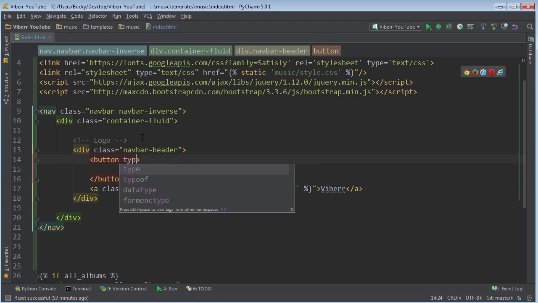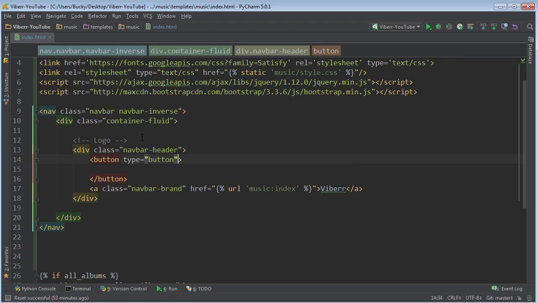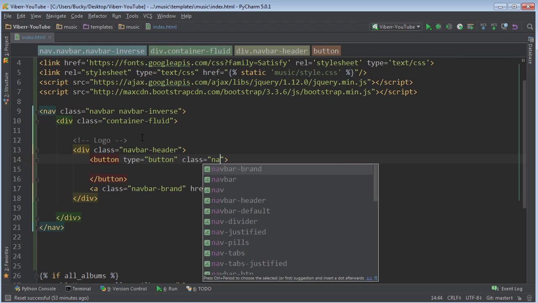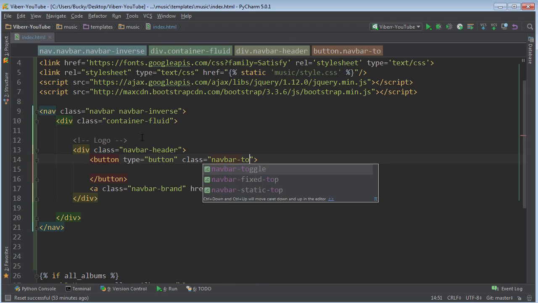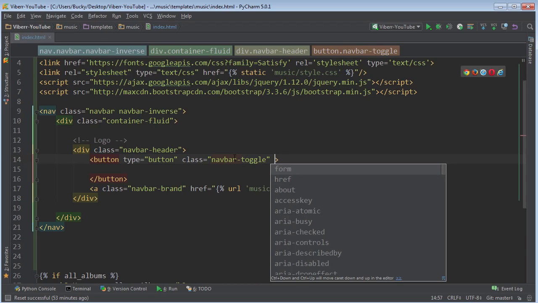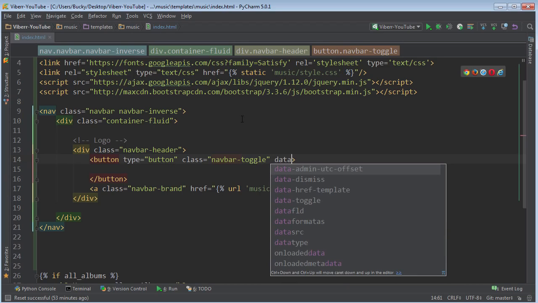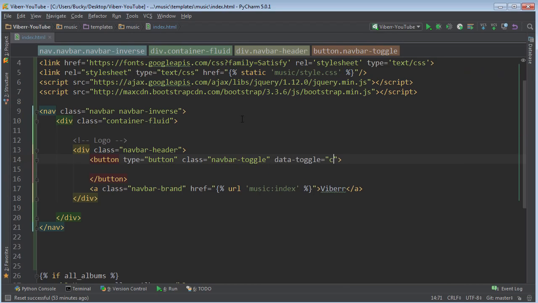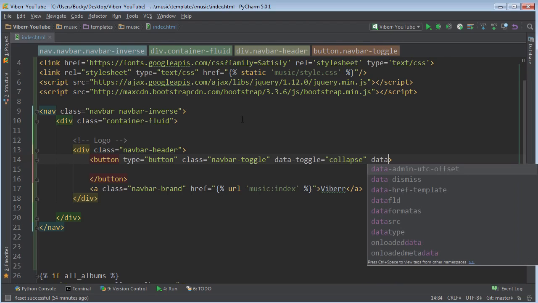So this button is just going to be a type button. Who would have guessed? And the class for this is actually navbar toggle. Again, these classes aren't classes that we have to write ourselves. These all came with Bootstrap. If you want to know more about Bootstrap, I made another tutorial series about it, but there you go. So this data toggle is just collapse, and the data target